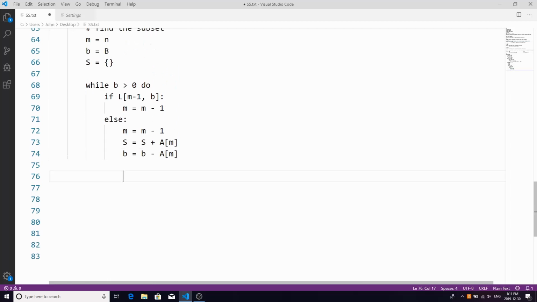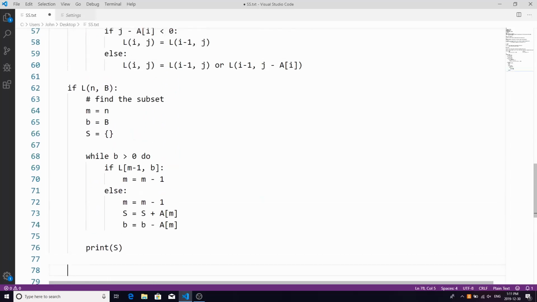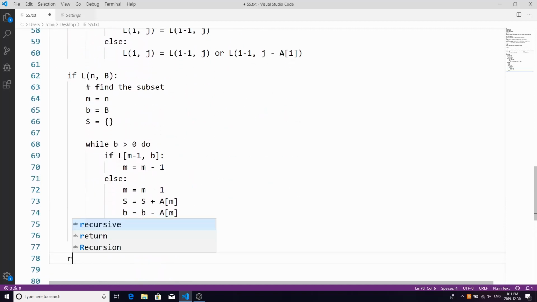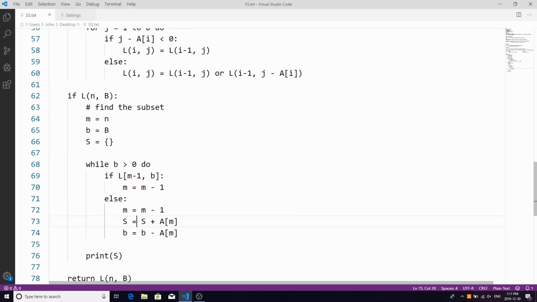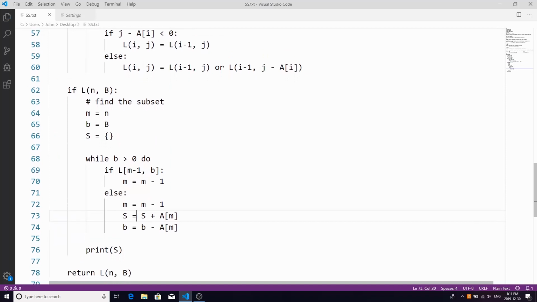And then let's just do something like print s. And that's it. Finally, what we can do is we can return L at n b. We don't really need to return this, but we can return this anyways. So this is our answer, and if it's true, then we're going to print the subset. So now I'm going to give you a chance to look at this, and then I'm going to write the